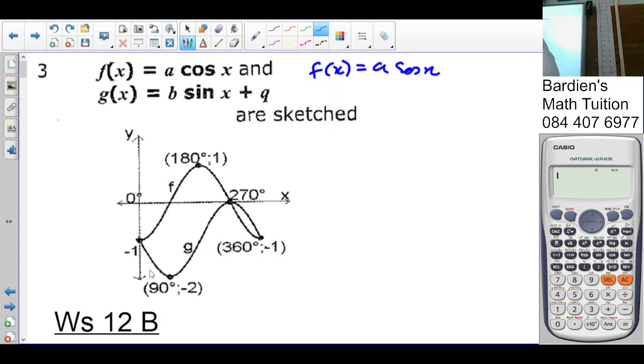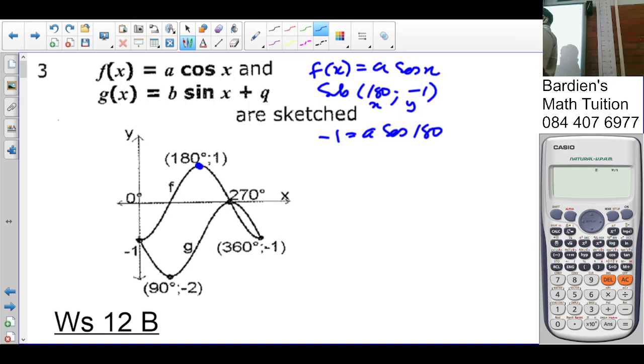Okay, so we're going to substitute which point? Since a point is lying on f, it's 180 and negative 1, remembering that's an x and a y. So negative 1 is equal to a cos 180. What is cos of 180? Negative 1. So that's going to give you negative a is equal to negative 1. So a is equal to 1. So therefore the f of x equation is f of x equal to